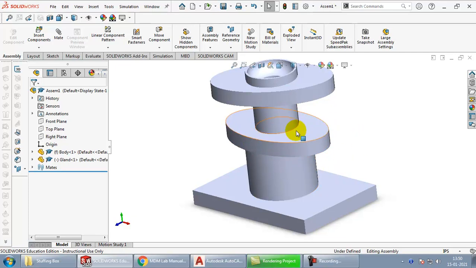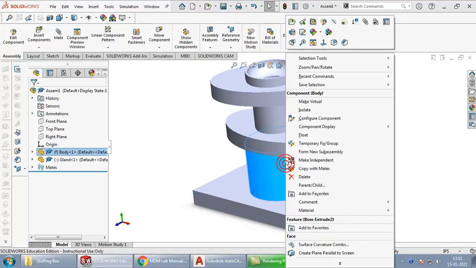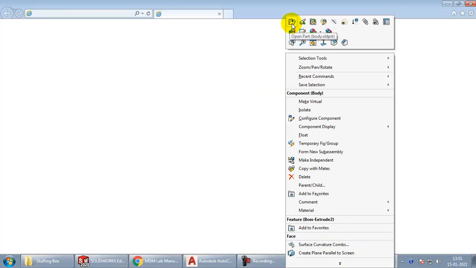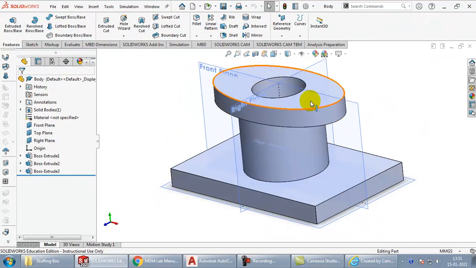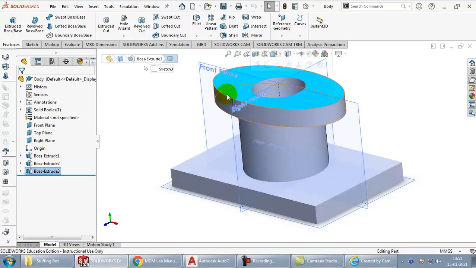You may observe here that we forgot to place the holes for assembling the stud parts here. No problem, we just have to open the part file and edit it. So right click on the part and choose here the option to open the file. And you can see that the part file has become open. The assembly file is open in the background, and the part file for the particular part which we selected is now open. Now we have to select this top face, and we have to go for sketch.